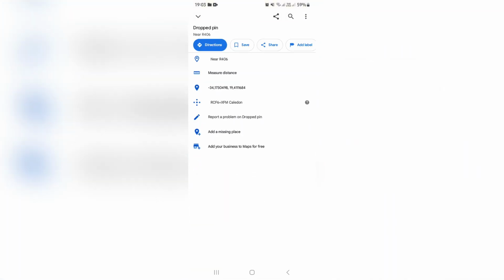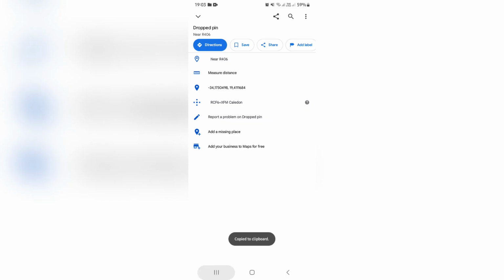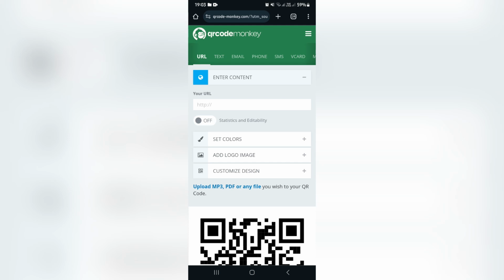Now right at the top, you can see that there's a share icon. We're going to hit this and we're going to hit share. We want to go ahead and click on copy URL. Once we've copied the URL, we're going to go over to Chrome and we're going to look for